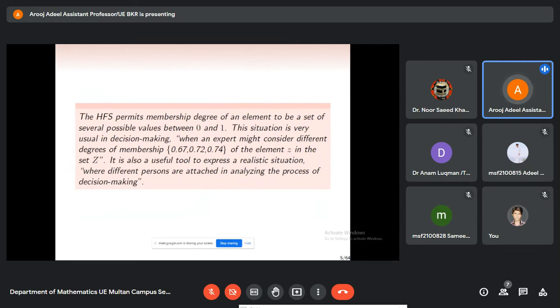The hesitant fuzzy set permits the membership degree of an element to be a set of several possible values between 0 and 1. This situation is very usual in decision making when an expert might consider different degrees of membership, maybe the degrees of membership 0.67, 0.82, 0.87, 0.74 according to his choice for the alternative set. It is also a useful tool to express a realistic situation where different persons are involved in analyzing the process